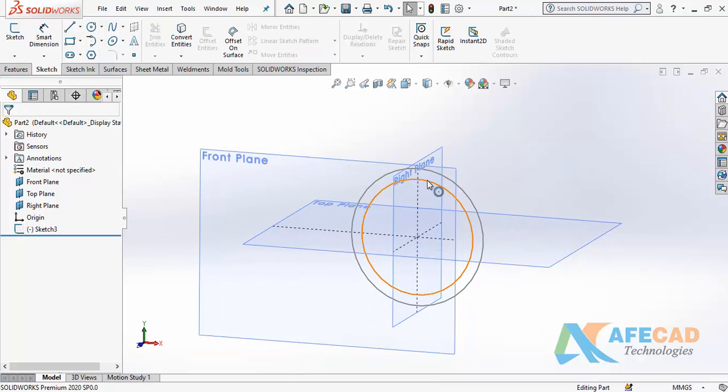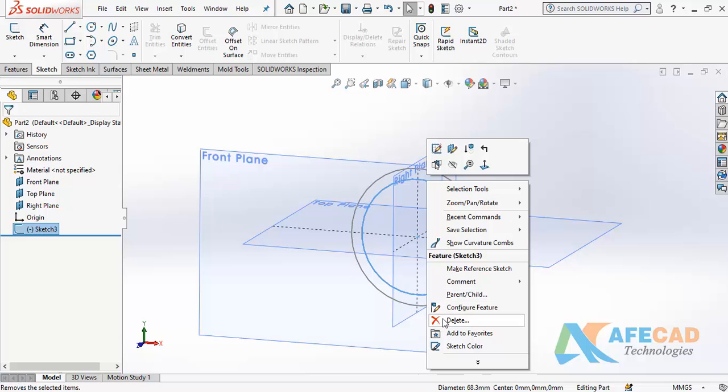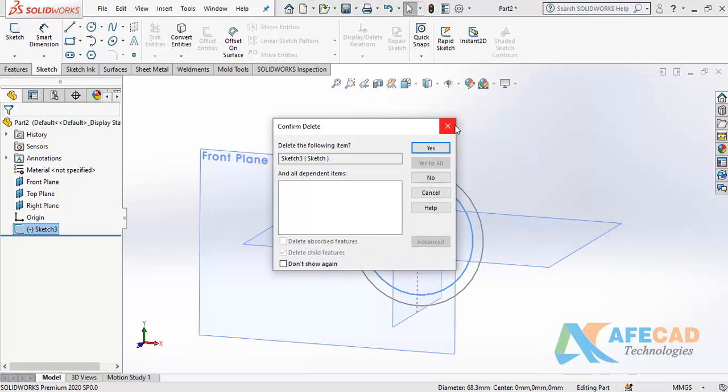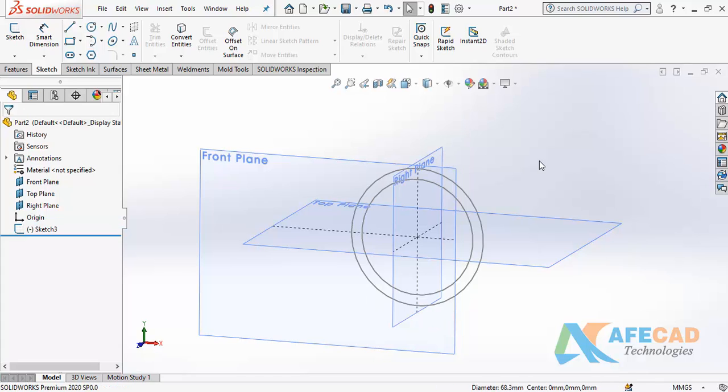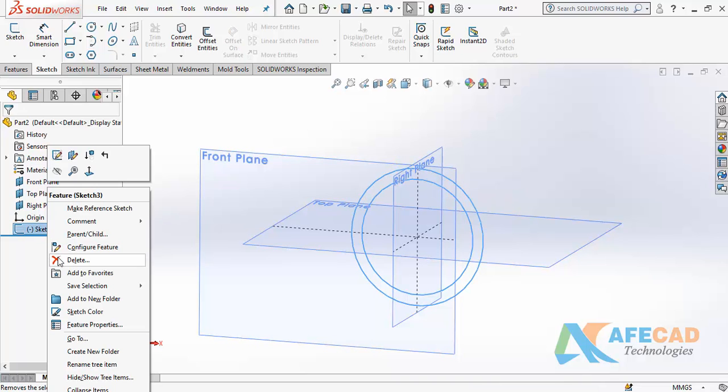If you want to delete one circle from inside, I cannot delete it from here. I can right click and delete the entire sketch like this, but I cannot delete only one circle. If you have multiple entities in one sketch, first you have to edit your sketch, then you can delete. If you want to delete the entire sketch, then I can directly delete from here.